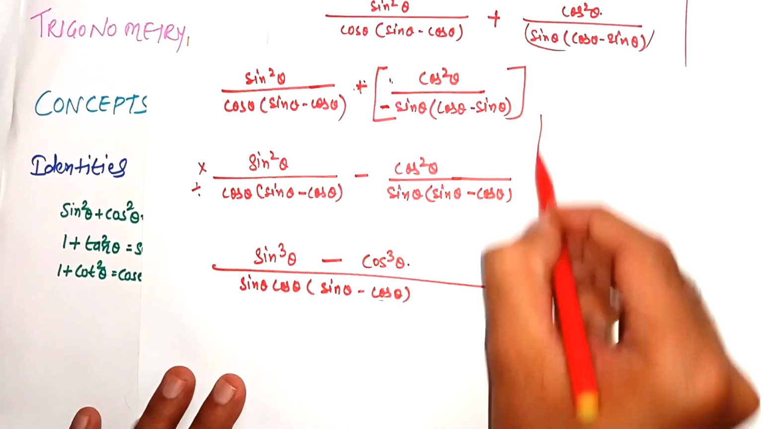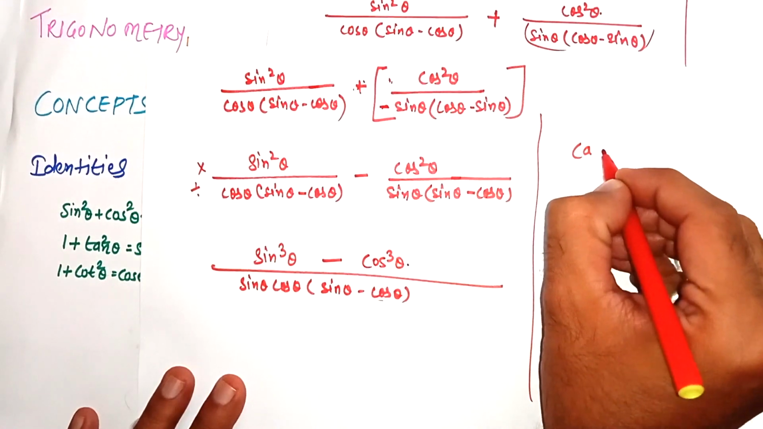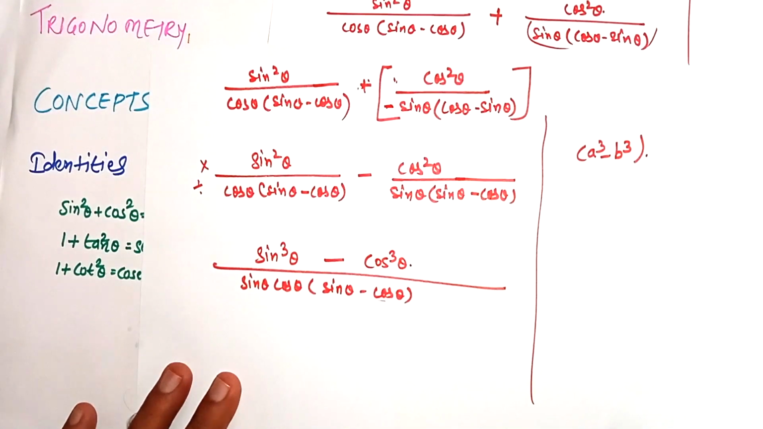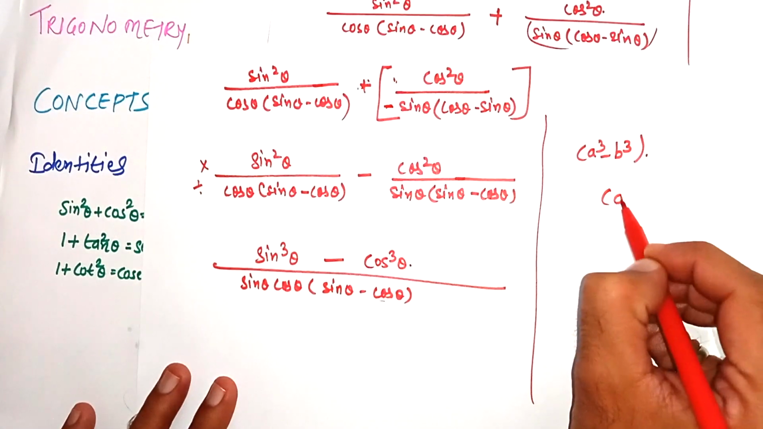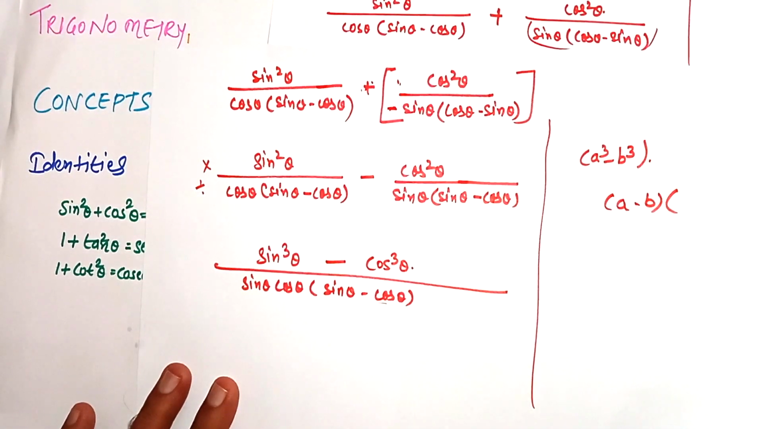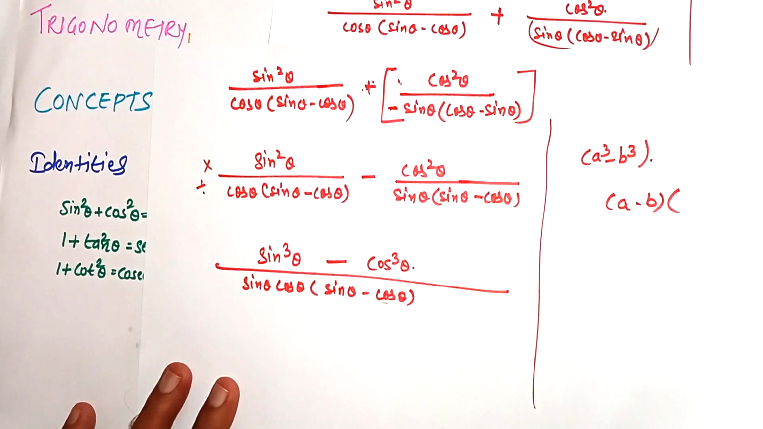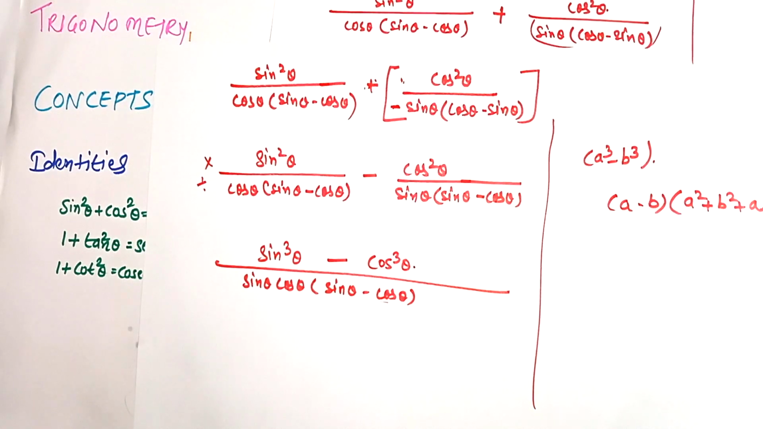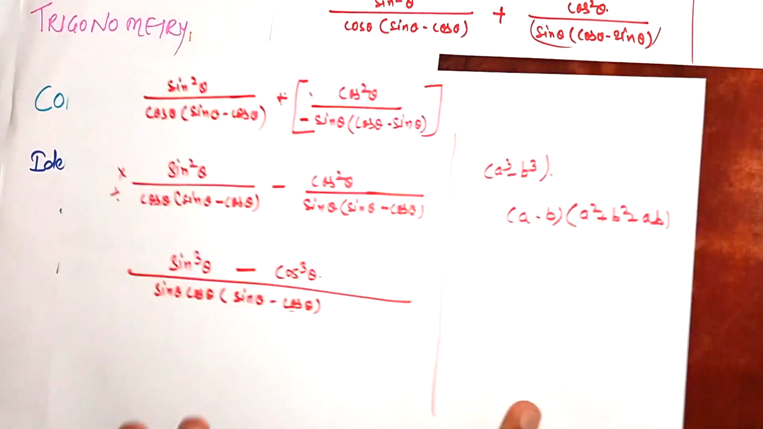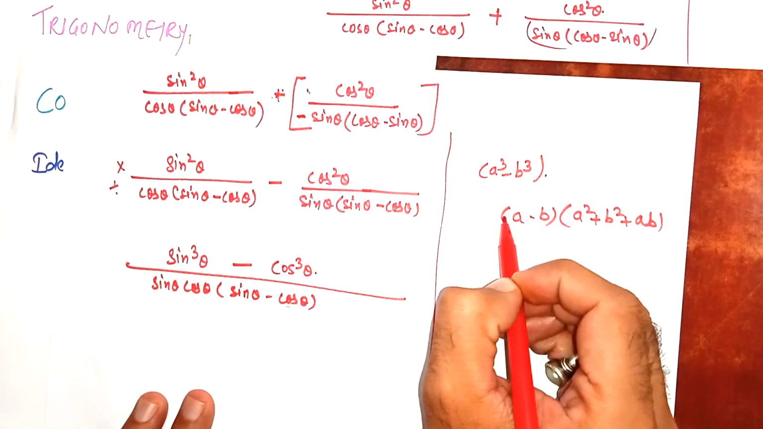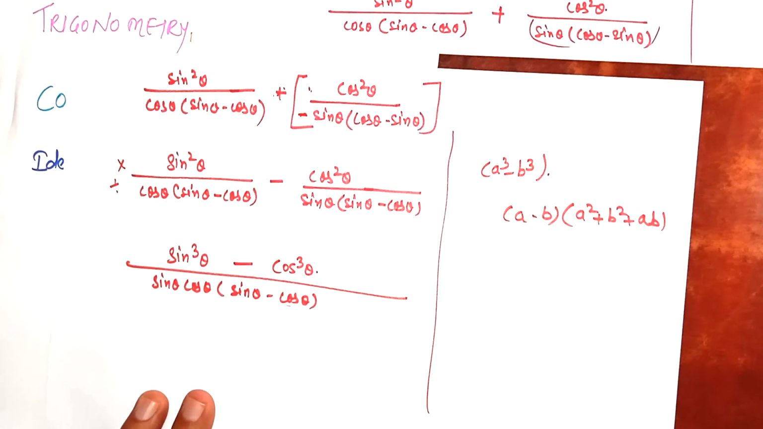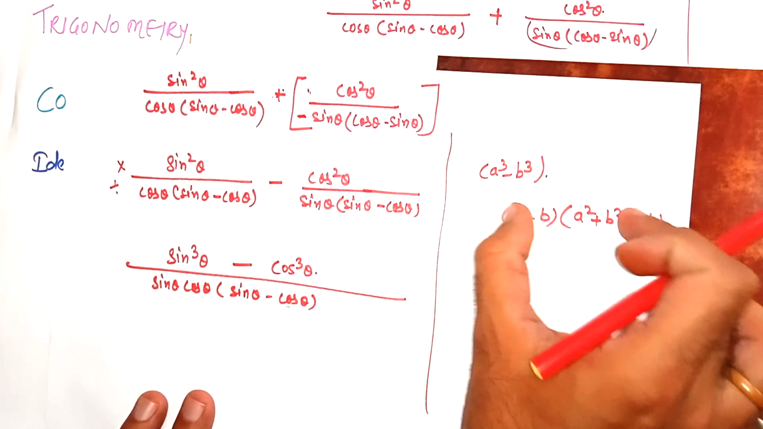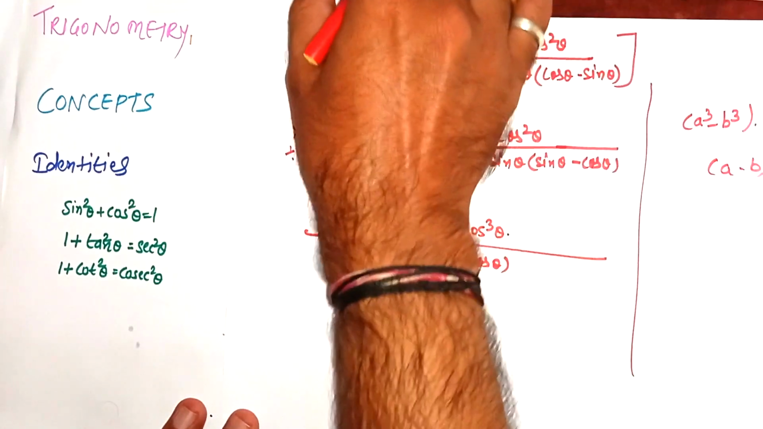Now again coming to our 9th class, what is the identity of a cube minus b cube? If you remember, a cube minus b cube is a minus b and a square plus b square plus ab. So let's put this identity. See, a cube minus b cube is a minus b, a square plus b square plus ab. So using this identity here,